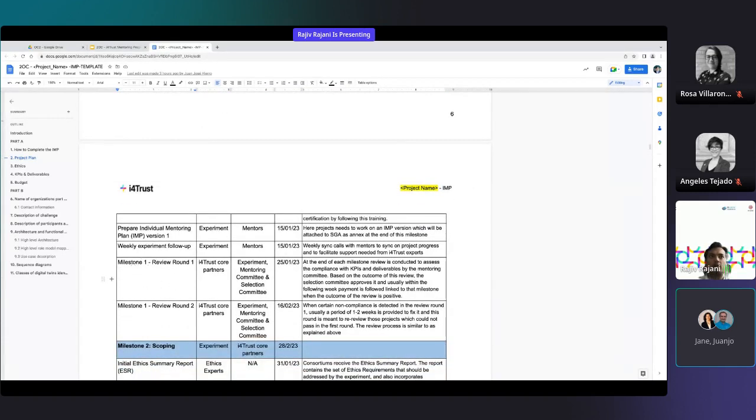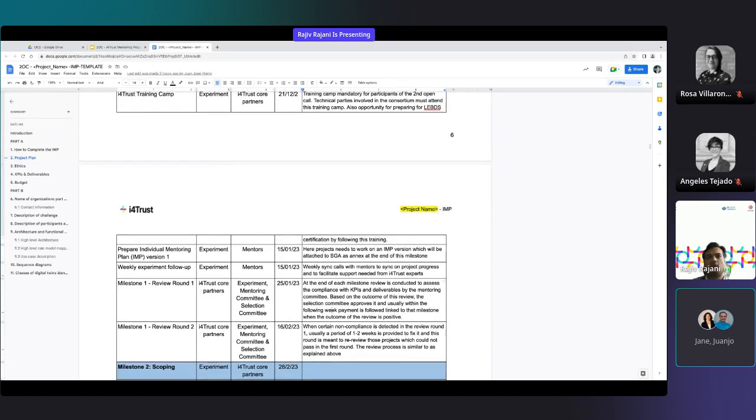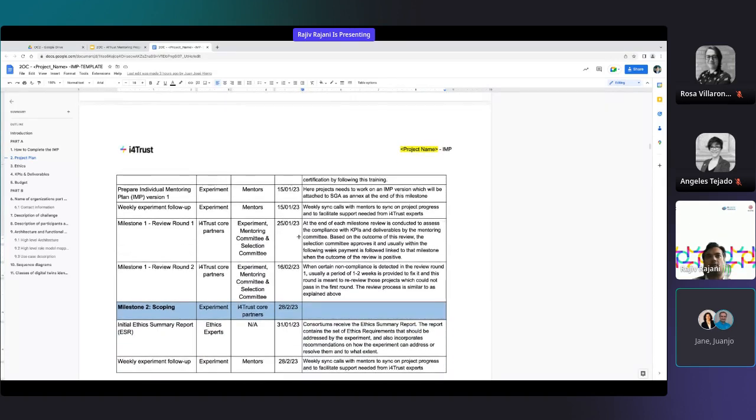So those activities are mentioned here. And at the end, you will see that for milestone 1, there are 2 review rounds. After the deadline, we initiate the review process to check whether you meet all the requirements of this milestone. Based on that, an assessment and scoring is done by the mentoring committee, which forwards it to the selection committee for approval.